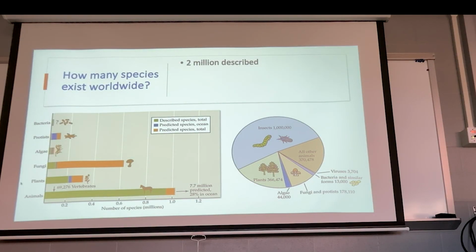So how many species exist worldwide? Heck, we have no idea. If we're talking about all life, how many species exist? We have only described roughly 2 million. It's actually more than that now. I made this slide several years ago, so we're up in the 2.5, close to 3 million range now, maybe, if you were to look at the most recent literature. The actual number is unknown and is estimated by conservatives to be about 1 billion species or less, or around 6 billion species. Almost all are going to be bacteria, or prokaryotic.